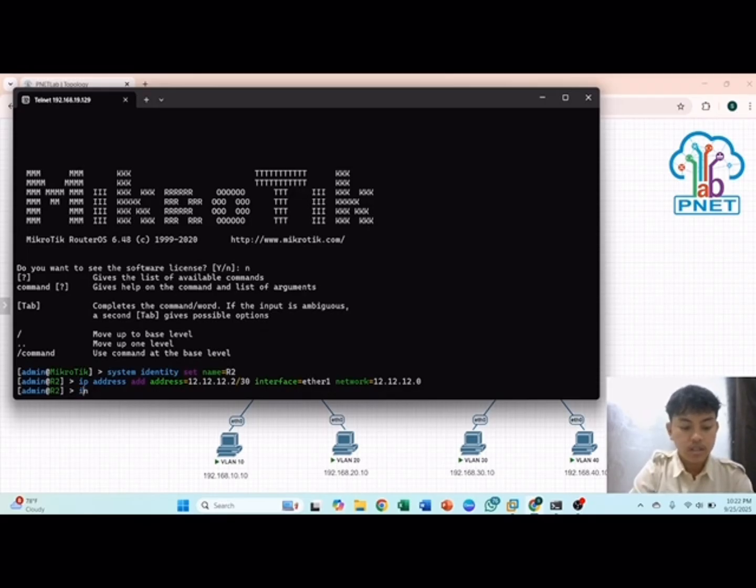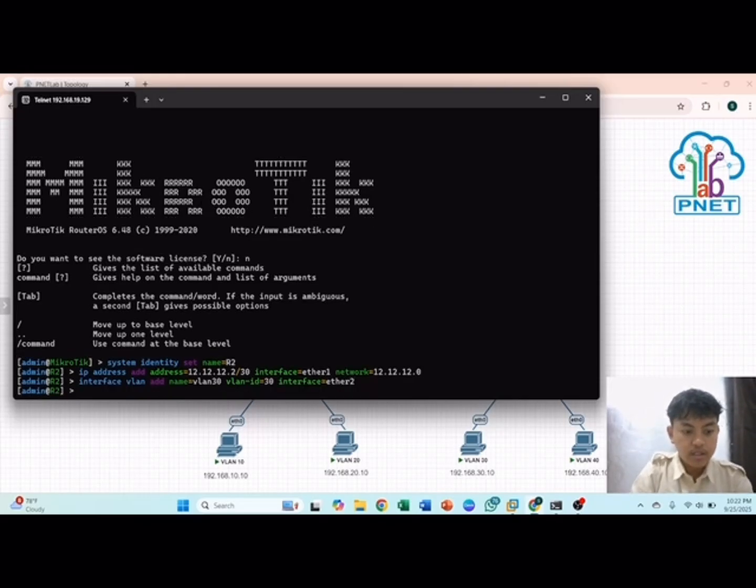Enter, and then interface VLAN, add name is VLAN 30 and VLAN ID is 30, and interface ether2.